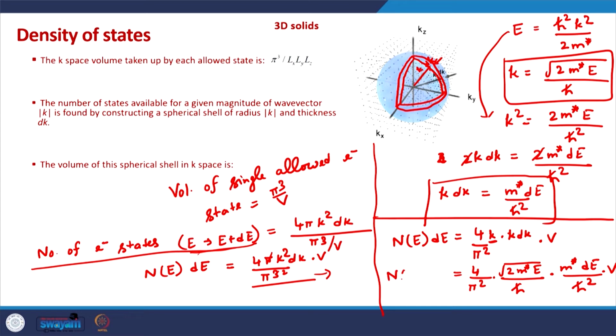So, this is the total number of electronic states in the system, okay, in the energy range from E to E plus dE. Now, the dE goes away,